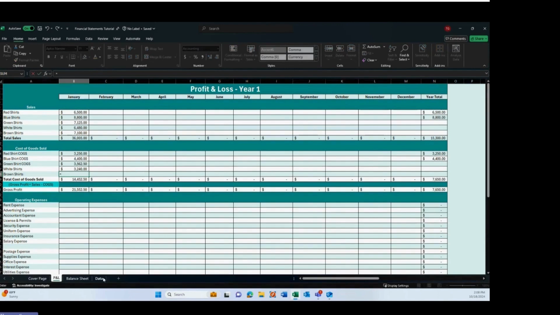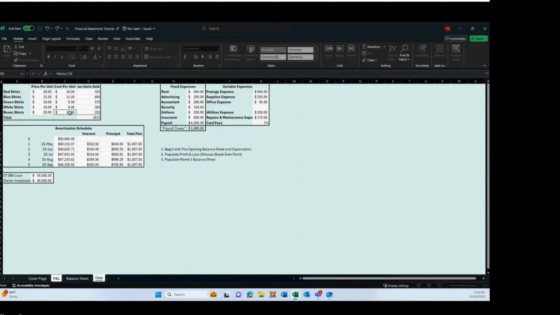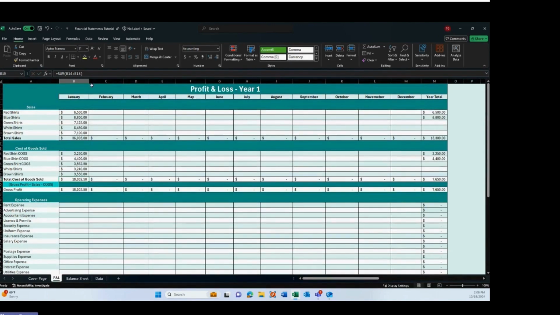Brown shirts equals $10 per unit, what it costs us, times 355 units. And there we go. Now we can clearly see what our revenue is going to be for the month of January. We see what our cost of goods sold was for the month of January. And that leads us down here to our gross profit for the month of January,